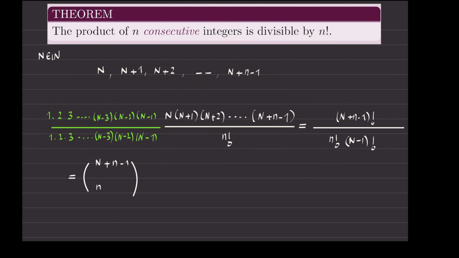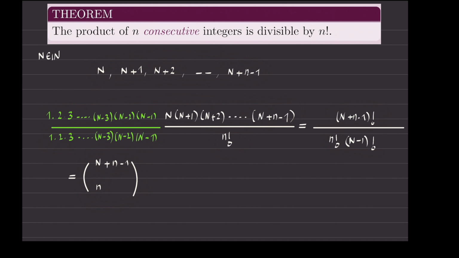Yes? So why is that true? Because if I ask you to open it up, you will put this number factorial in the numerator, which is correct. Then you put this number factorial in the denominator, which is correct. Then you make the difference between them. This one and that one are gone, you get n minus 1, and then you put the factorial of that number in the denominator. That's correct. But binomial coefficients, the number of ways that I can choose n people out of n plus n minus 1 people, is exactly a natural number. So that's a natural number, so I am done.